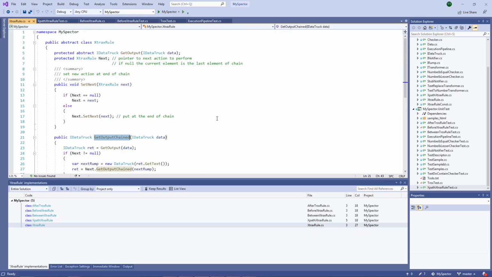The specific method which is implemented by the children should be named with any name you want, and the method which is doing the work to chain, I propose that it is suffixed by the chained keyword.